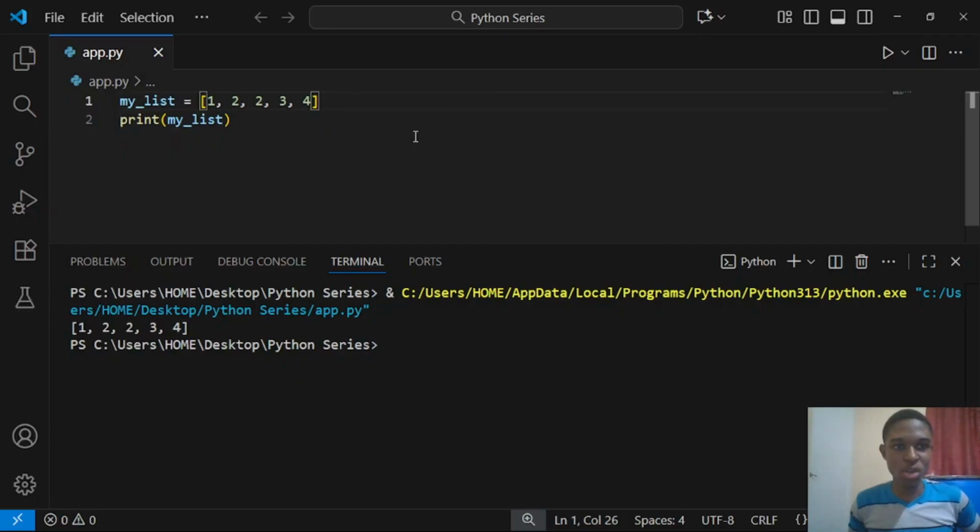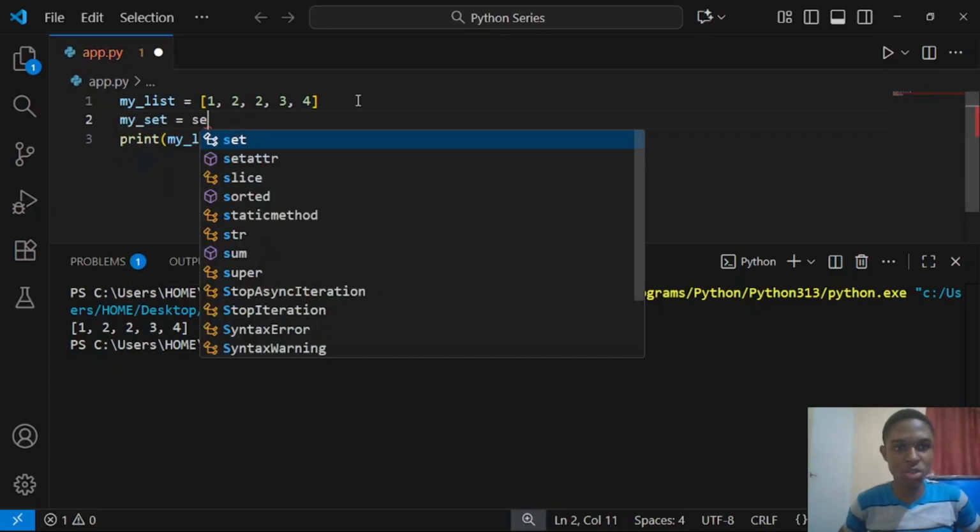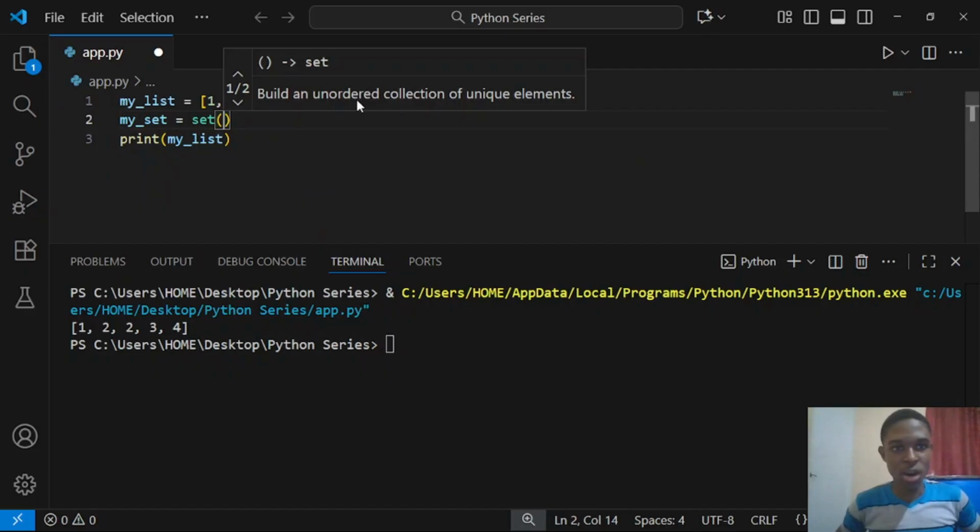Alright guys, suppose we wanted to convert a list into a set. To do this, we can use the set function. Let me demonstrate this to you guys. So here we have a list with the elements 1, 2, 2, 3, and 4. Now let's start by creating a variable right here. So we'll say my_set and we'll set it equal to our set function. Now in the set function, we will pass our list as an argument. So we'll write